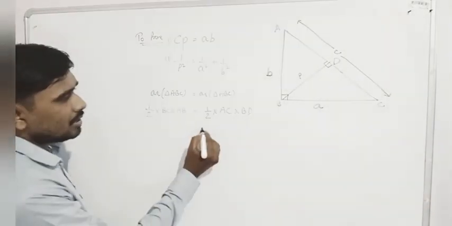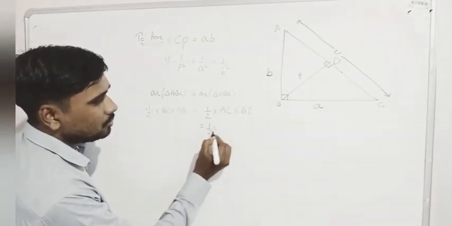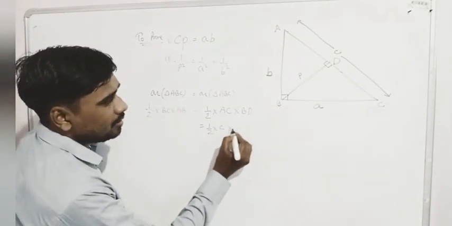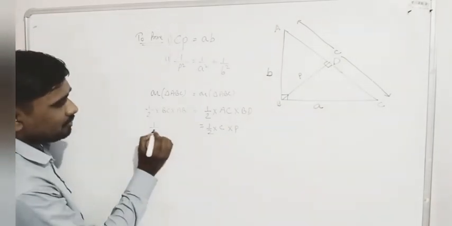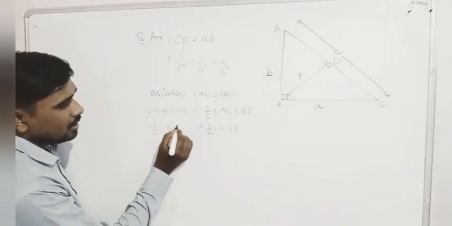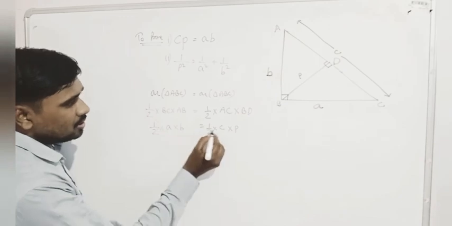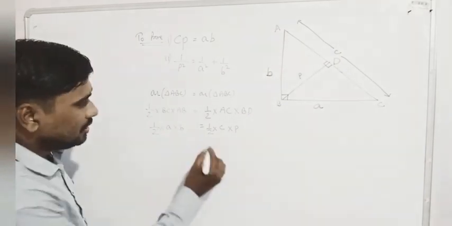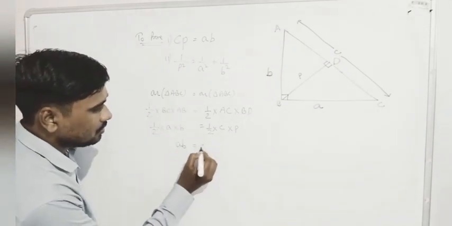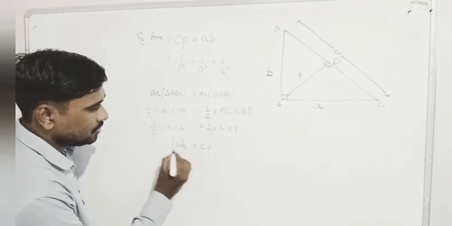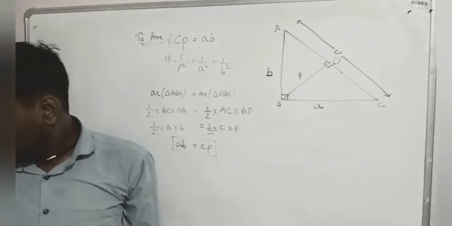Okay, put the value here, half into AC is C and BD is P, and here half into BC is A and it is B. So this part is cancelled, and what is left? AB is equal to CP. This was the first thing we have to prove. Now second thing,